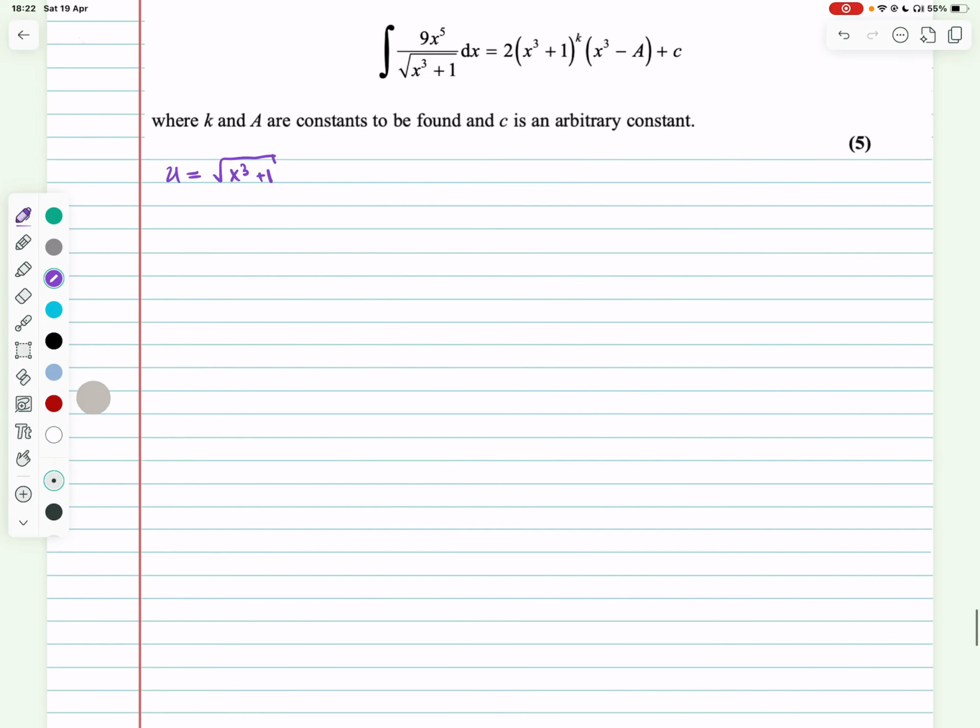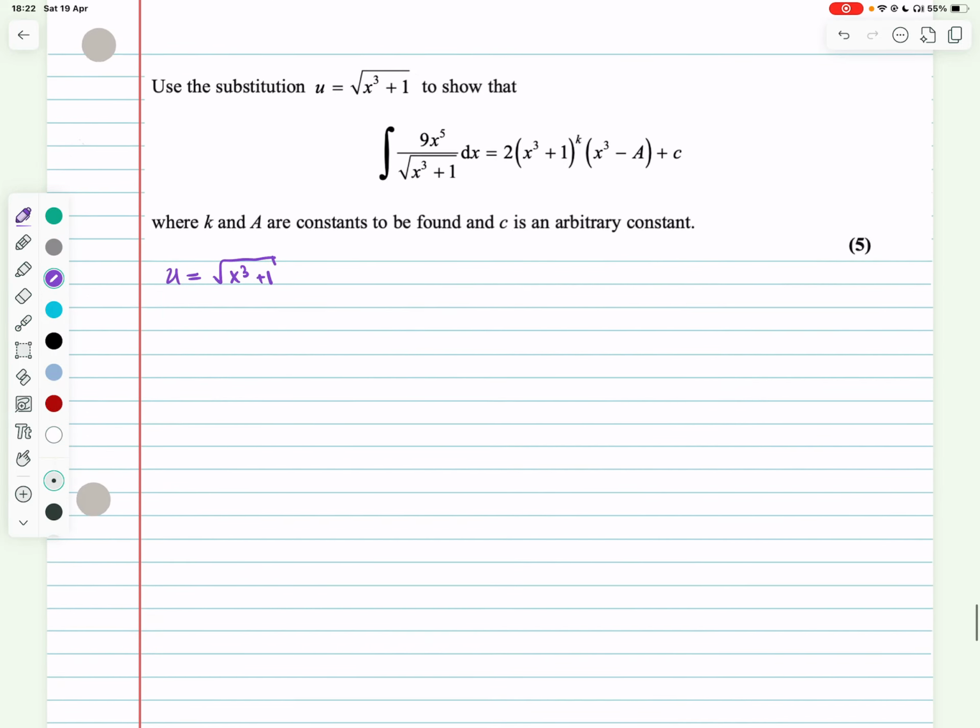So what we have to do instead is see from the integral itself that we need to replace dx with something in terms of u, and we also have x here that must be replaced with u. This is going to be helpful to do them all. The first thing I'm going to do is take the derivative of both sides. Actually, let me write this u as (x cubed plus 1) to the power of 1.5